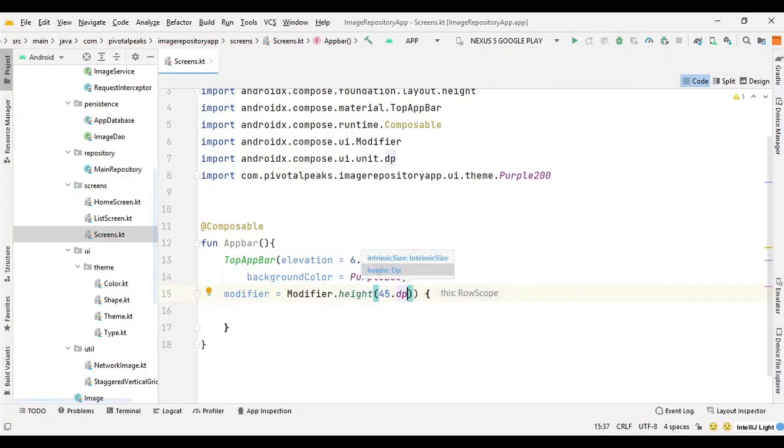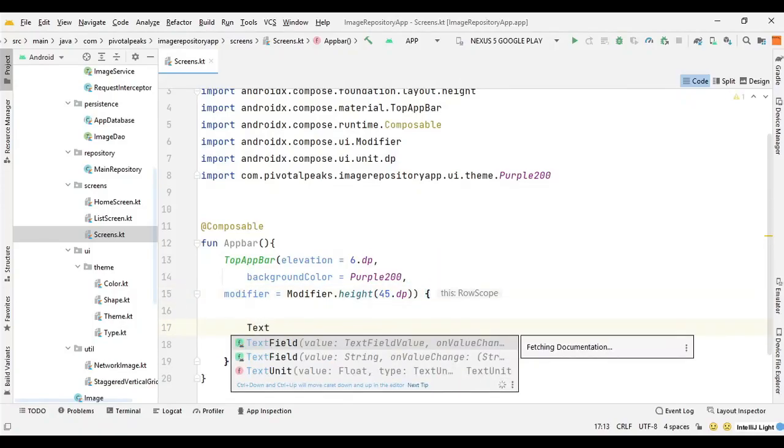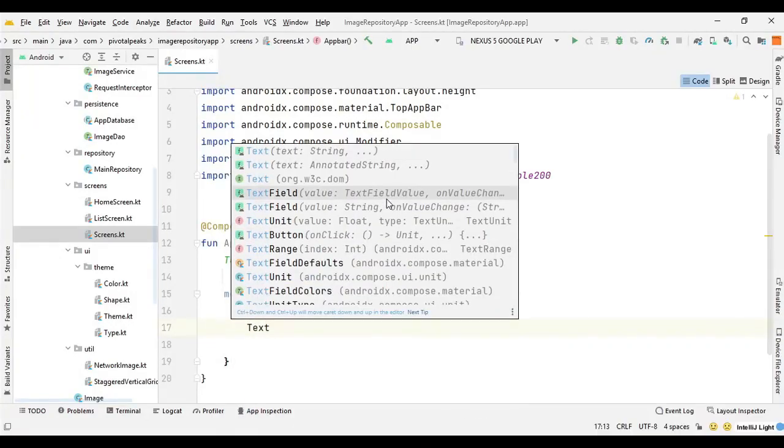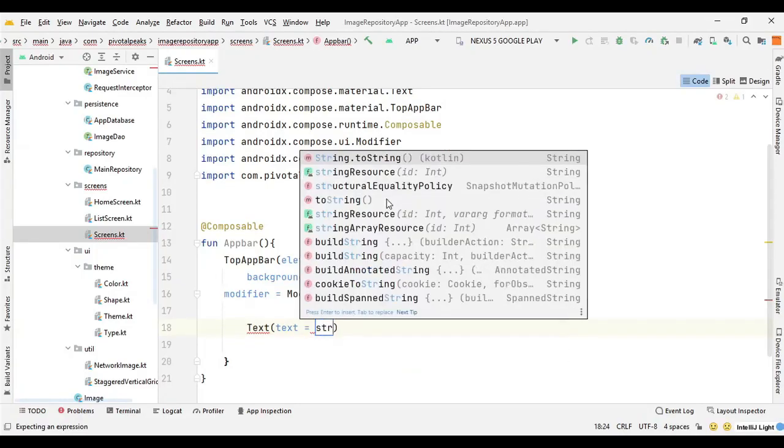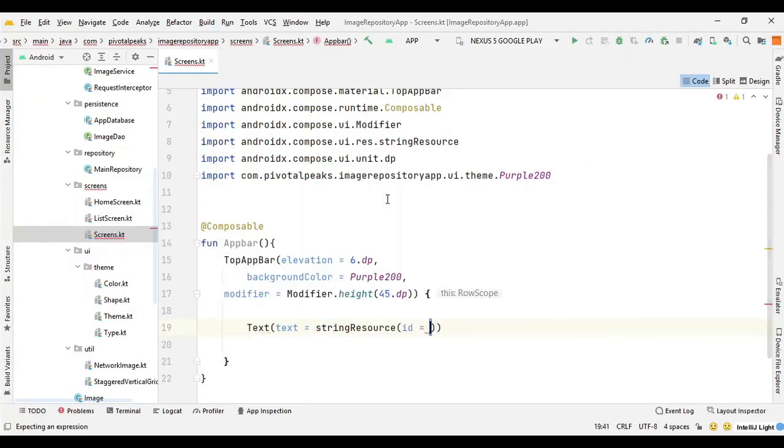Then we need to provide a text for it. So let's say text, and for text we will use string resource to get the name of the app. So we can say text equal string resource, and here we need to provide the id for it.